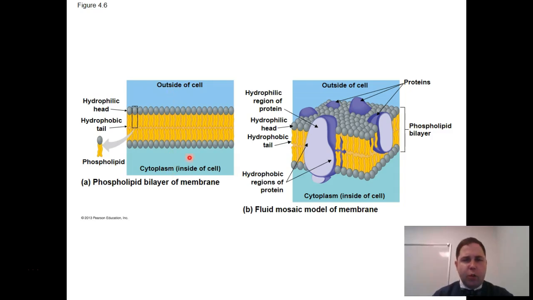Now, our next unit will talk in more depth about how this barrier works, but you should be able to recognize that some proteins can be hydrophobic and some proteins can be hydrophilic, and therefore proteins can be found on the outside of the bilayer, the inside of the bilayer, or going right through the bilayer, which we call an integral protein. We call the membrane a fluid mosaic model because it is fluid.